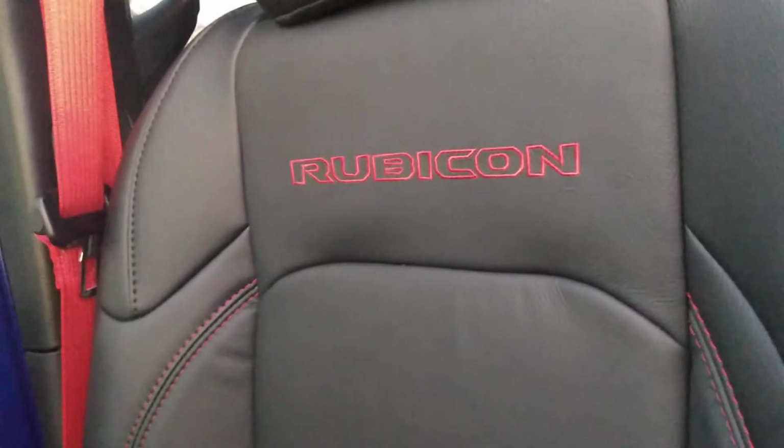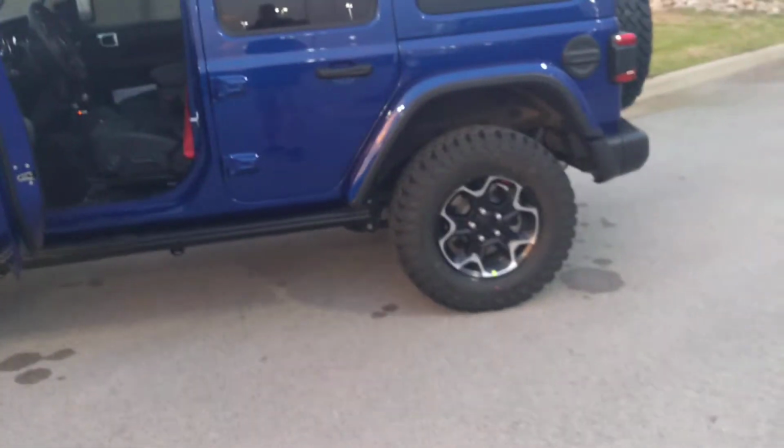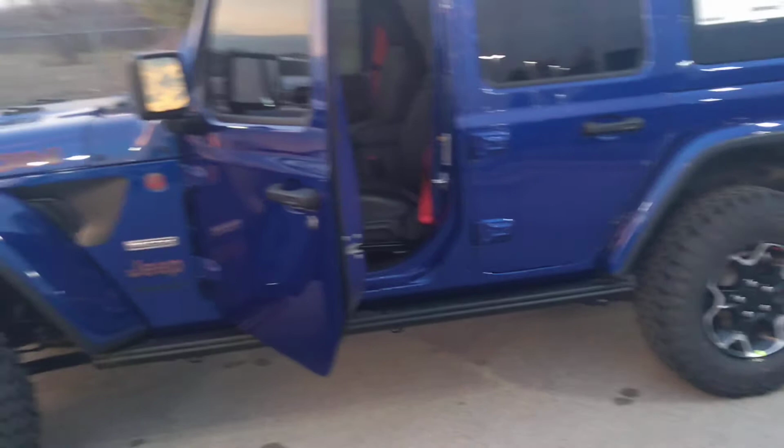So again, you do have the Rubicon in the seats. If you guys would like to come out and check out this particular model, this particular unit that we have out here, we are here at Metter Dodge, 9501 South Freeway. This is the first one of them that we have seen. We have several of the Willys Jeeps out here in a variety of colors and styles, and we also now have one of the Recons. So if you'd like to schedule time to come out and take a look at them in person,